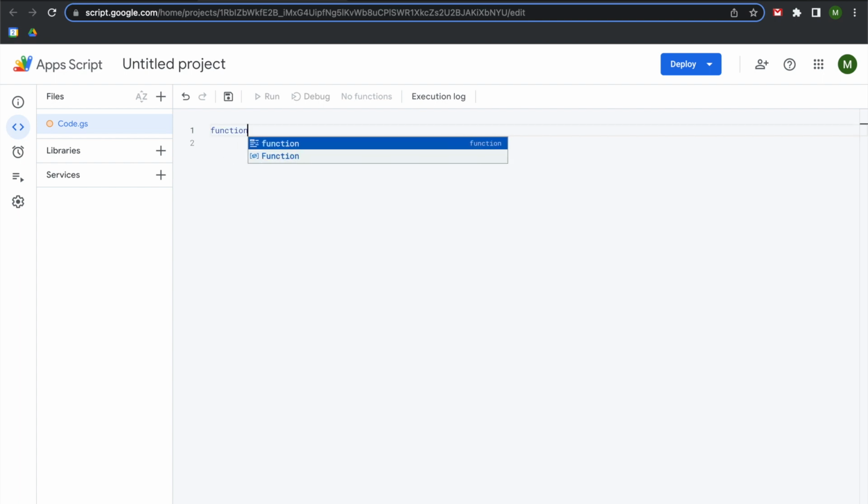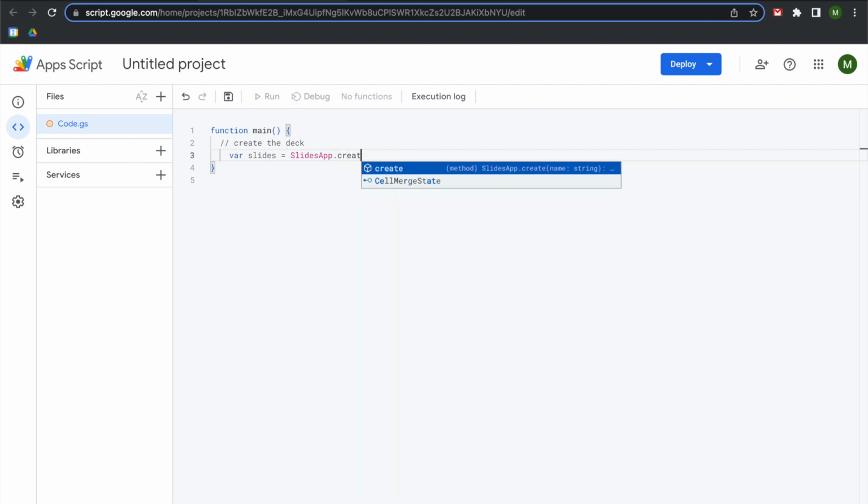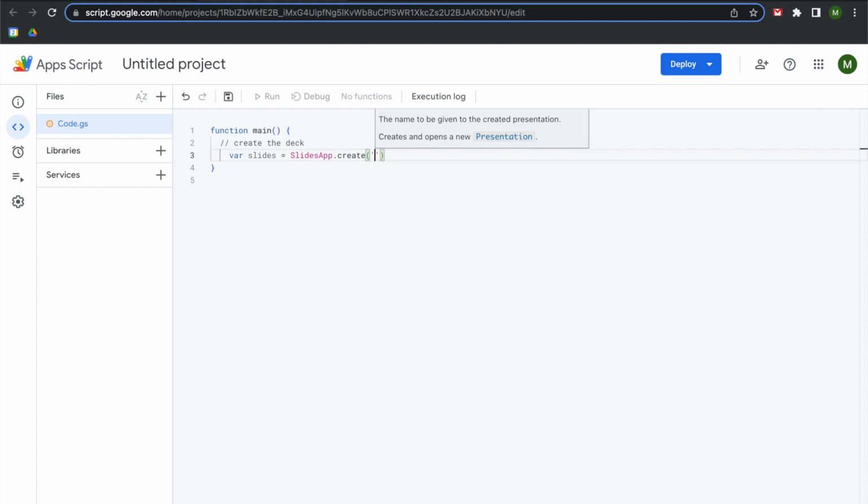So we're going to begin by creating a function. I'm going to call my function main. I'm going to open up those curly brackets, hit enter, and now we are at line 2. So we're going to begin by creating the deck. So we're going to learn how to use SlidesApp. We're going to create a variable that's going to be called slides, and we're going to have it set to SlidesApp. We're going to use the create method, and this is where you pass a string to the create method where you can name your deck. So I'm going to call this my automated slide deck,